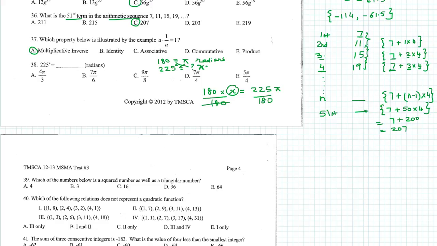So this 180 and 180 cancel. So we get x is equal to 225 over 180 times pi. 45 times 4 is 180 and 45 times 5 is 225. So what we get is 5 over 4 pi as the answer. So looks like E is the